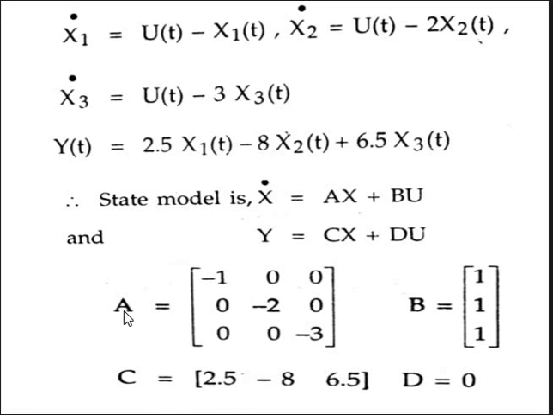Like that we can write the A, B, C and D matrix. We already discussed the direct method; the same answers will be there here. So the A matrix is minus 1, 0, 0, 0, minus 2, 0, 0, 0, minus 3, and B is 1, 1, 1, and C is 2.5, minus 8, 6.5, D is equal to